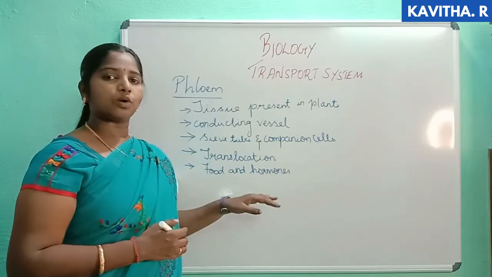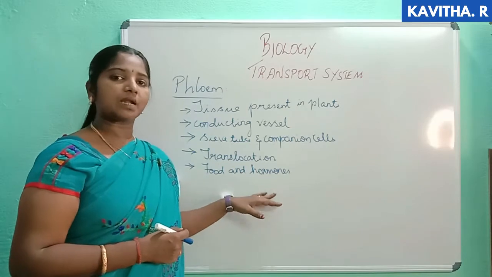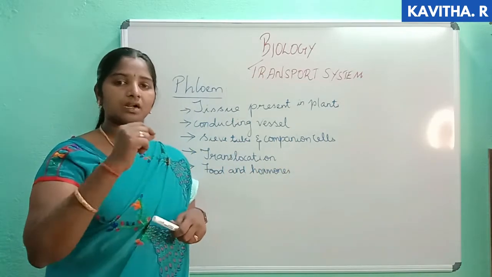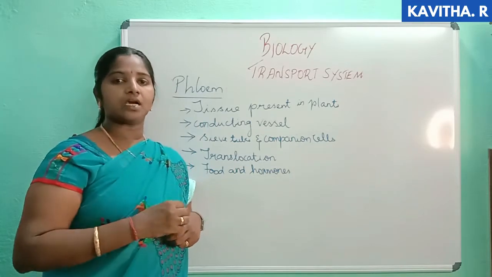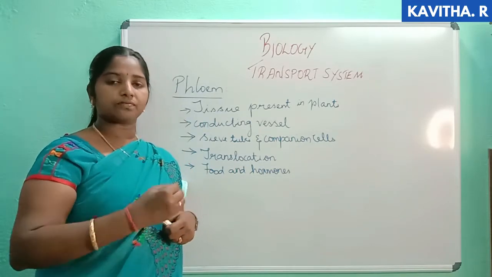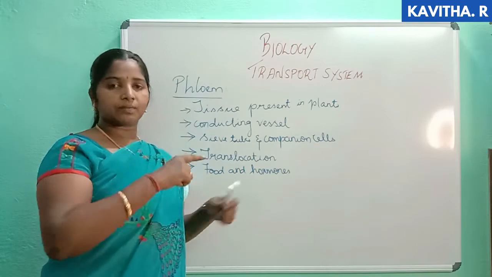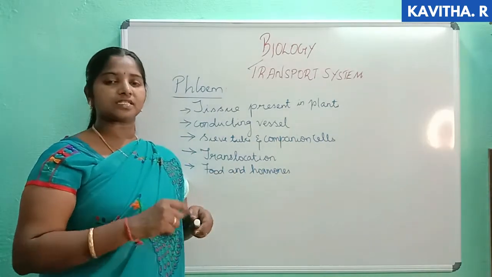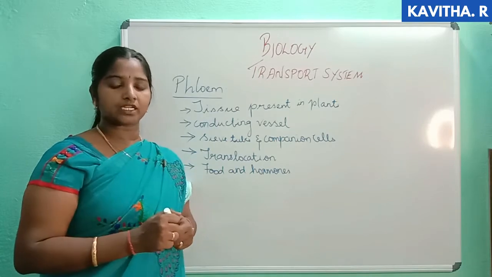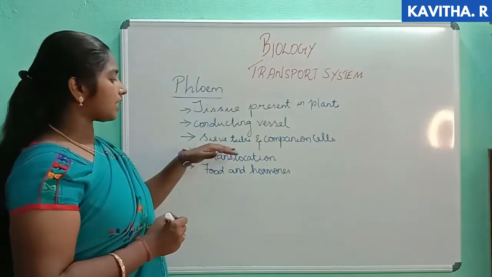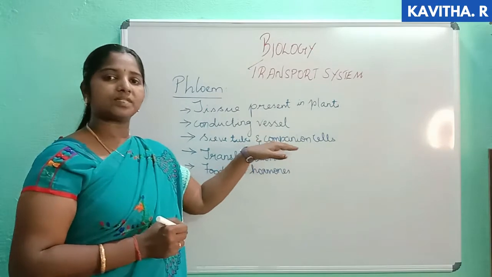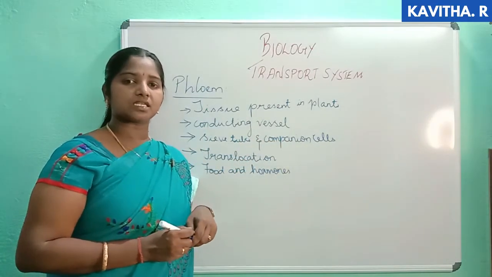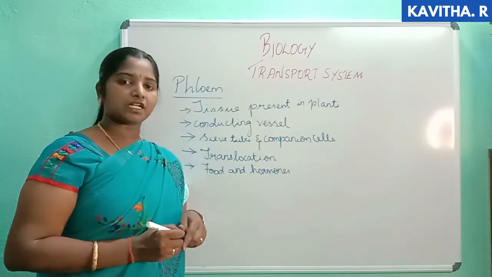It can move in two directions, that is, in an upward direction as well as in the downward direction. We cannot say only leaves will be in the upward part; food is also needed at the bottom of the stem, everywhere. So the phloem carries all the food substances in all directions, upward and downward. It carries them through the cells called sieve tubes with the help of the companion cells, and the food and other substances are transported to other parts of the plants.